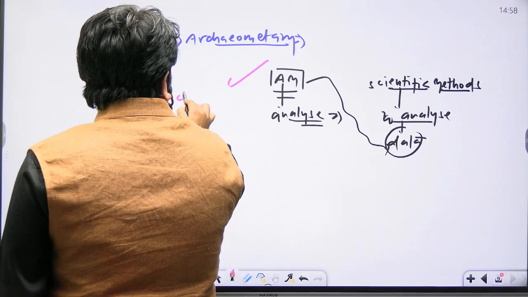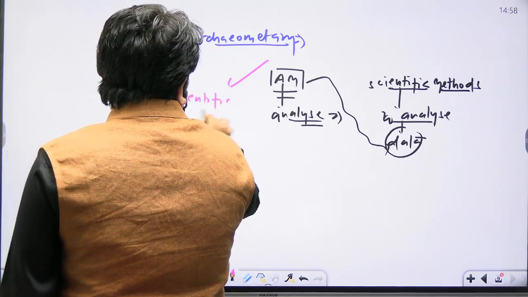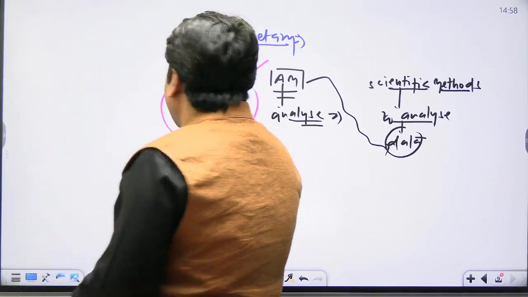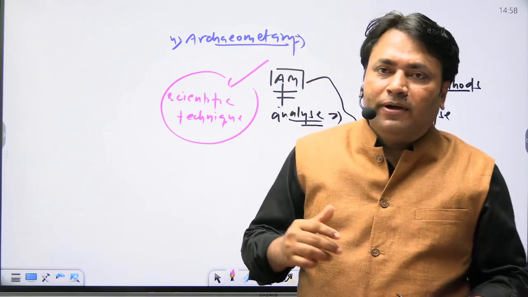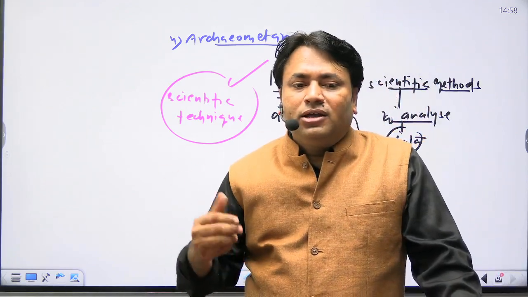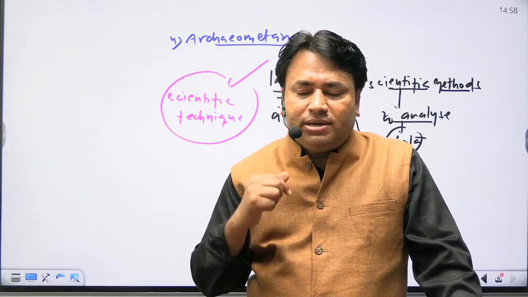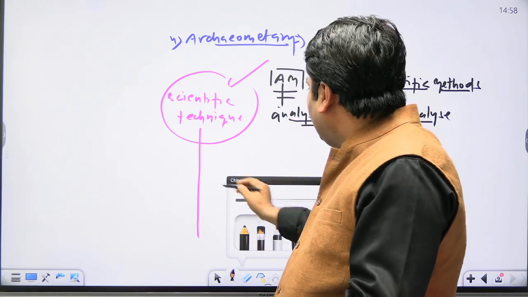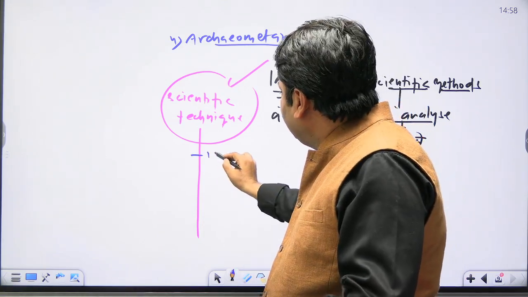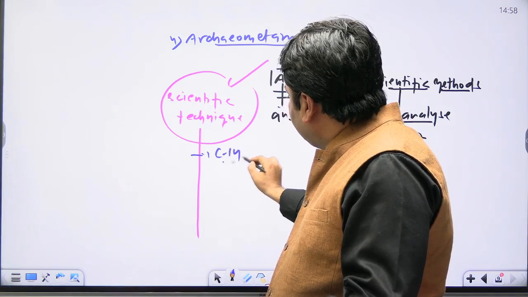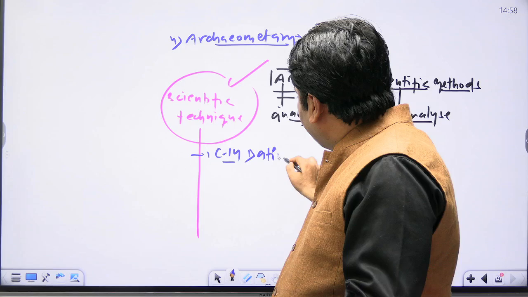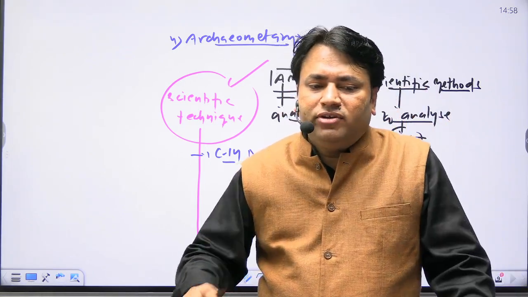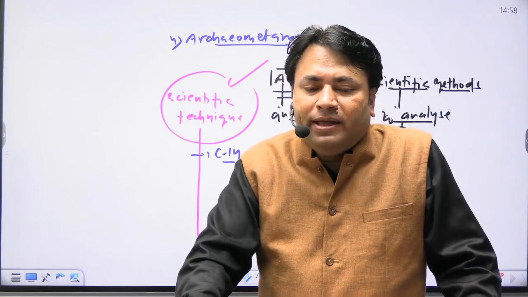So for that, what is needed? Scientific techniques are needed. So in archaeometry, scientific techniques are used to analyze or interpret the archaeological materials. For example, I hope you all know the names of these scientific techniques. For example, the C14 dating method, carbon 14 dating. This is very popular. I think each and every student knows about this. The second method is